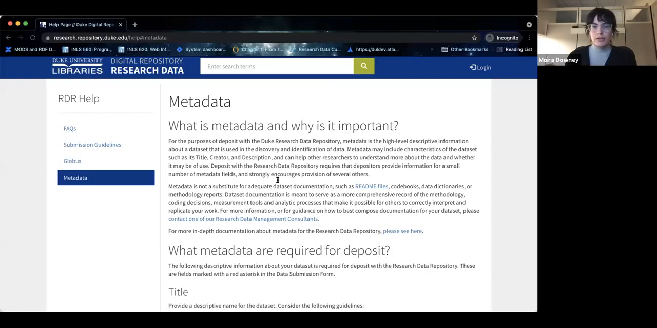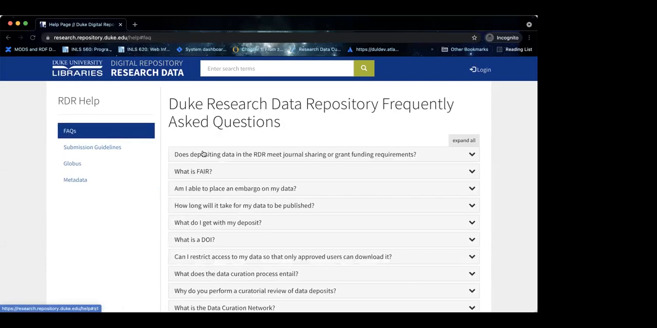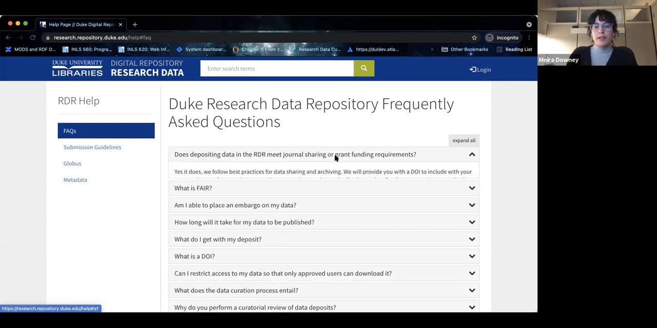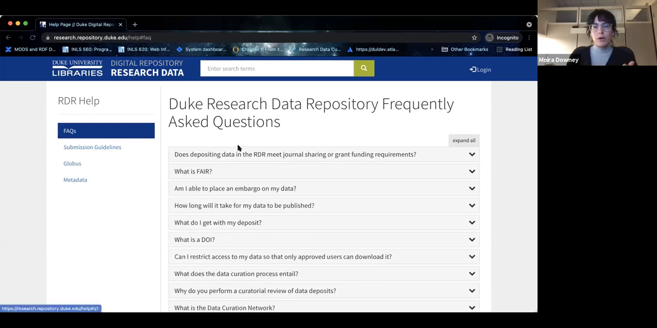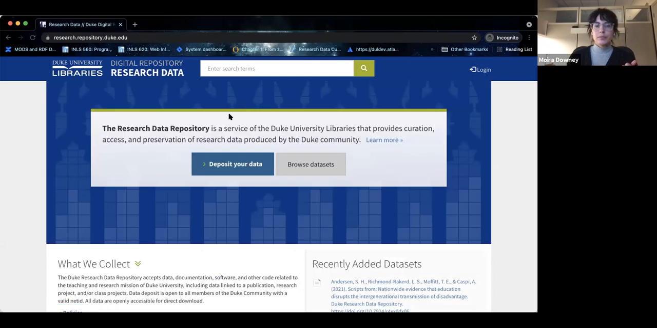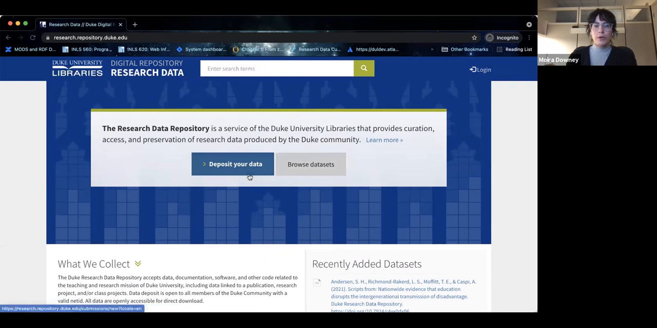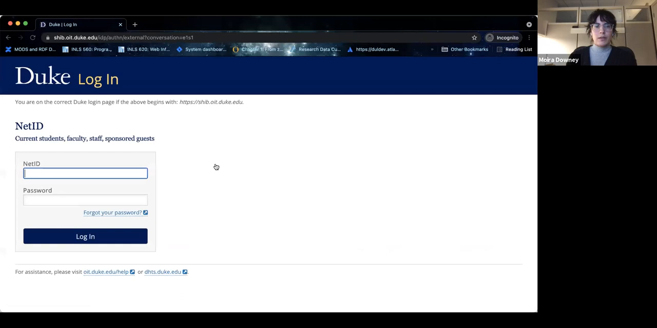Okay. Do y'all see metadata? Yeah. Okay. So this is our sort of expanded documentation. We have this nice little accordion FAQ, this further information, to walk through our deposit workflow very briefly. So let me